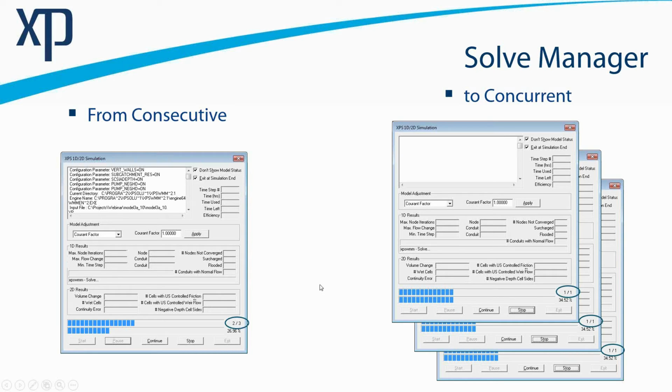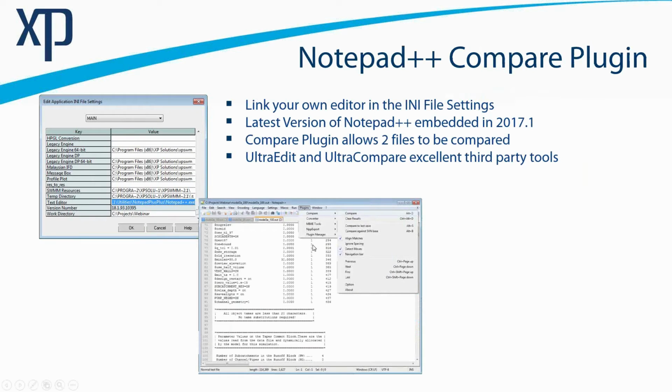Hopefully that's well explained, and you get the idea about how this could really be beneficial for any kind of multiple runs. The Notepad++ Compare plugin, you could say that what we've done is we've updated the software to the latest version of Notepad++, but not only did we do that, we loaded it with its plugins, and the key one that I'm highlighting for you is this comparison plugin, because it allows 2